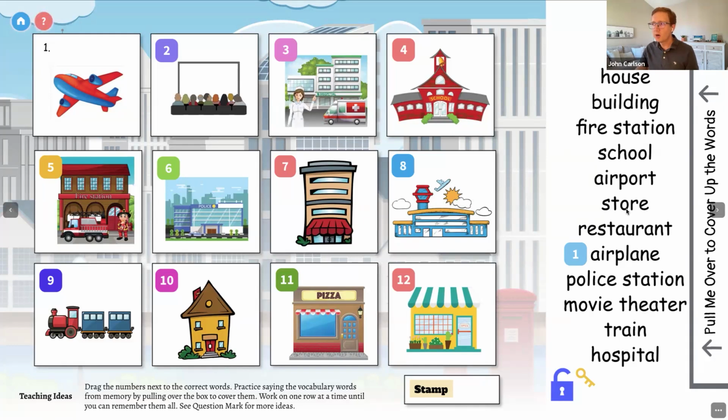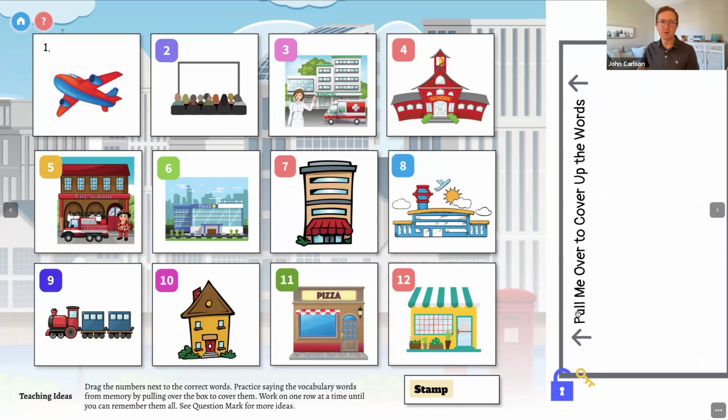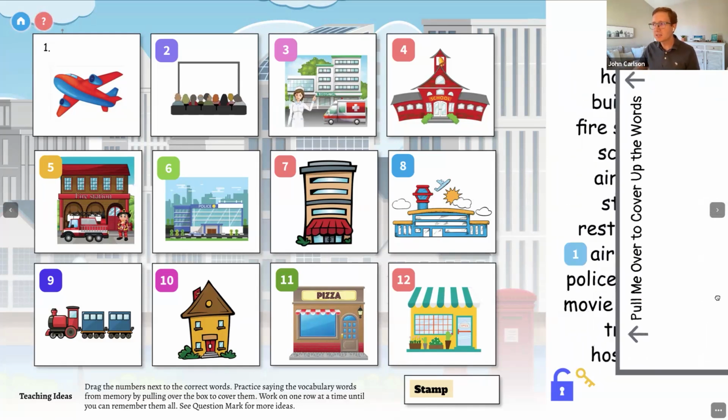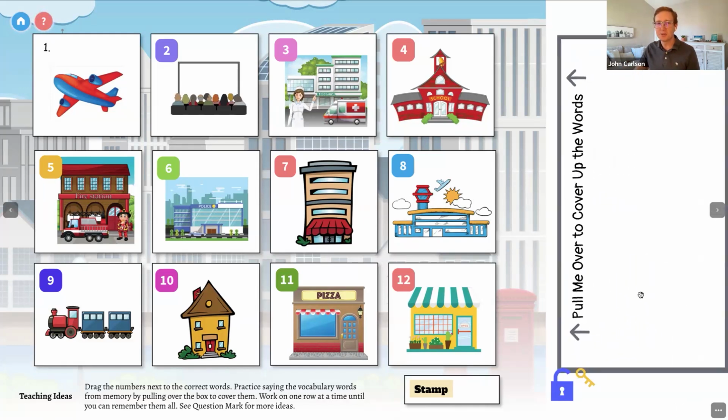And they can use the words on the side as a reference, but then you would want to pull this over top of those words and then ask them to continue trying to remember them. And if they can't, it's fine. Let's take a look again. All right, airplane, good. Let's pull it back over again. It's that recalling things, especially when they've just about forgotten it, and recalling it again, that they actually build really solid memory with these words. And they say it takes 15 to 20 different interactions with a word before it really becomes part of your vocabulary. So we are aiming to get them lots of interaction with these different words.